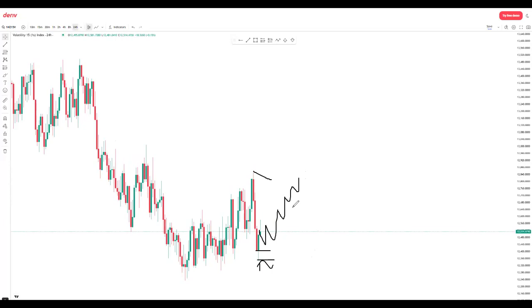Rule number one, wait for the market to come to you and then execute based on the direction of the market. Should you fail to execute based on the direction of the market, the market is going to be against you. You'll find yourself losing. So always remember, go to higher time frame, look at the direction of the market,